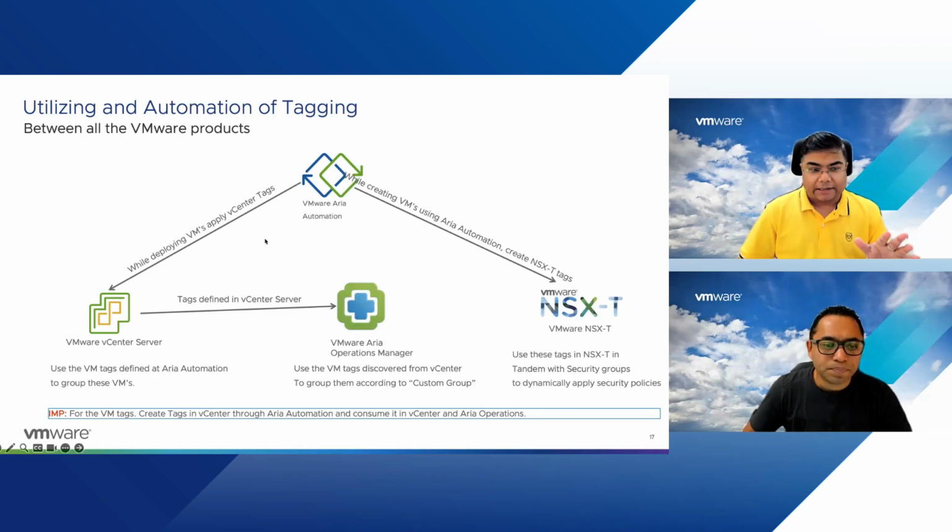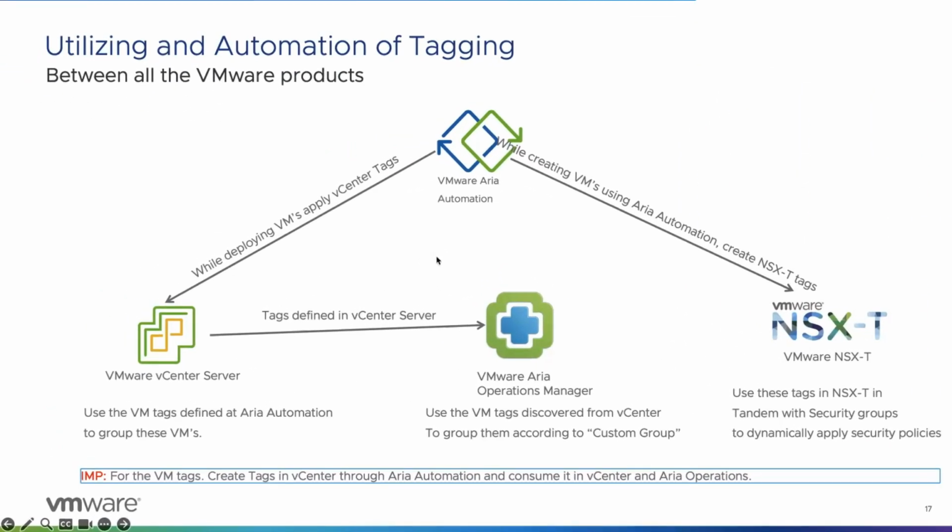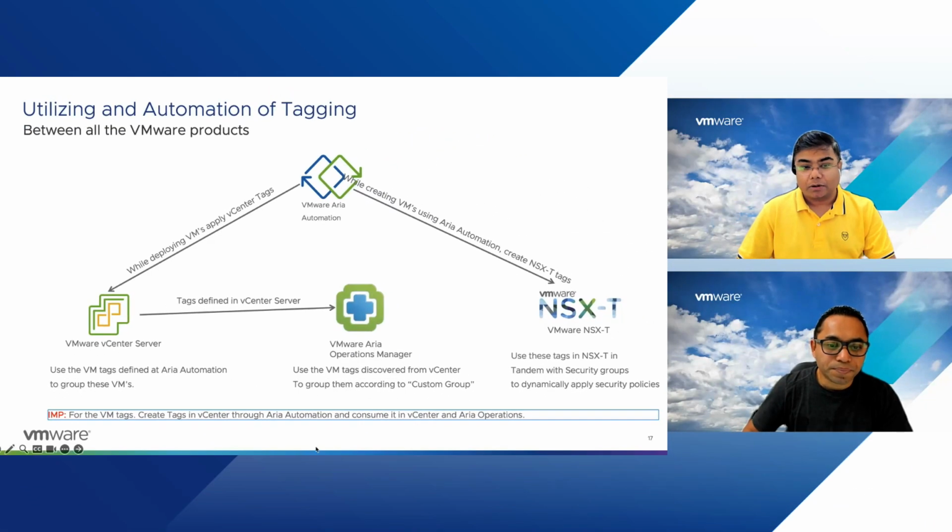When you define capability tags, the infrastructure tags should come from vCenter servers. The reason is that when a new cluster gets deployed, a cloud admin who defines tags in Aria Automation may not know the capabilities of this cluster or where it should go, because your infrastructure team and cloud team are different. But your infrastructure team will know, so they should define the tags in vCenter server, saying this is production or this is test. That is automatically discovered in Aria Automation and consumed there. And the other way, when you create VMs through Aria Automation, you create VM tags there and use those to group in vCenter servers. The same goes for NSXT as well.